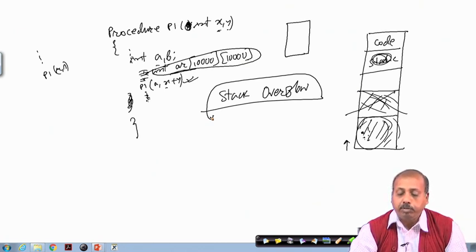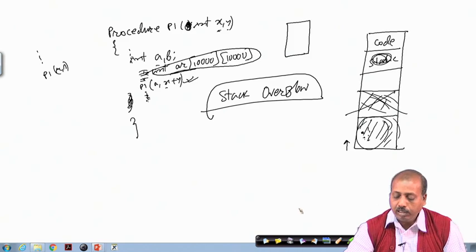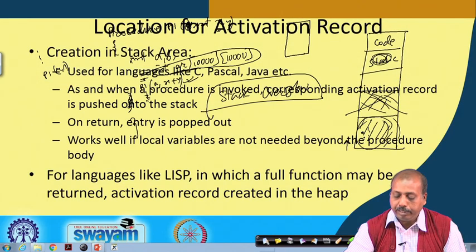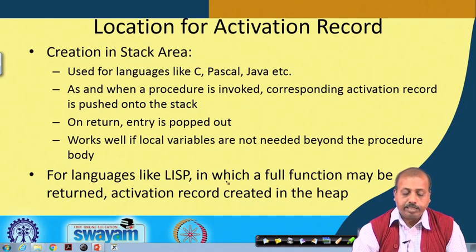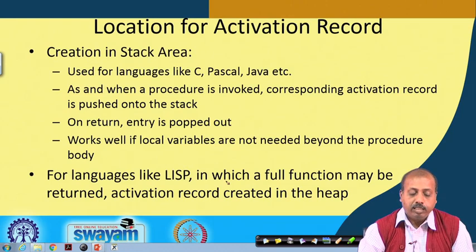We can try to solve this problem by making the local arrays global, putting them outside in the static part of the code. This is good, because we can then have the recursion implemented very easily.